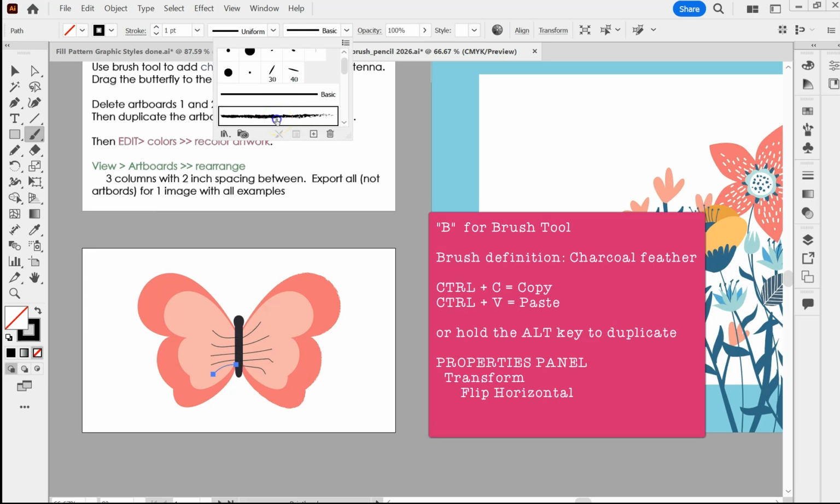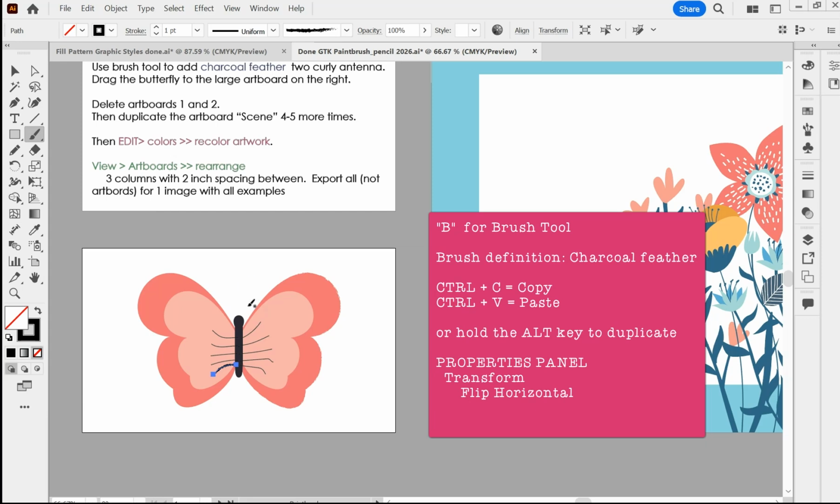to charcoal feather. Now for this we're only going to draw one antenna and then we're going to work on how to duplicate and flip. Okay, so I have my little antenna there. If I want to, I can select it with the black arrow. I have my bounding box, so if I need to, I can go in and rotate it a little bit